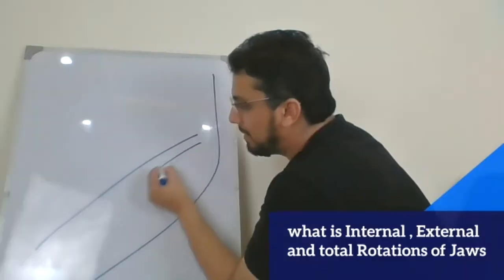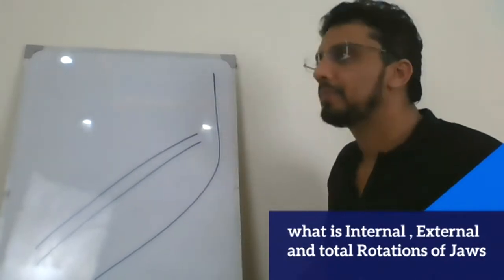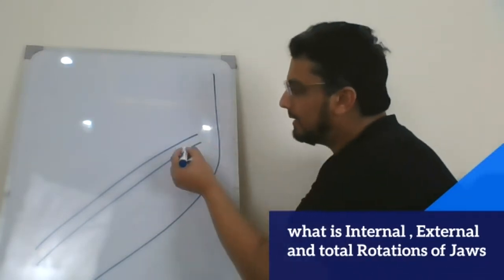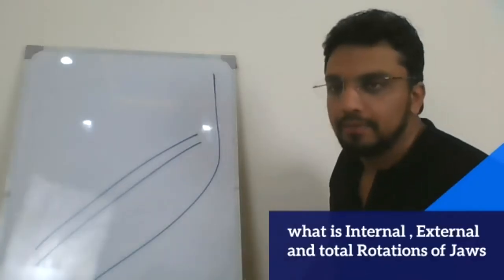And we know the core of the mandible is around the inferior alveolar nerve. The rotation that is occurring within this area of the bone around the inferior alveolar nerve is called